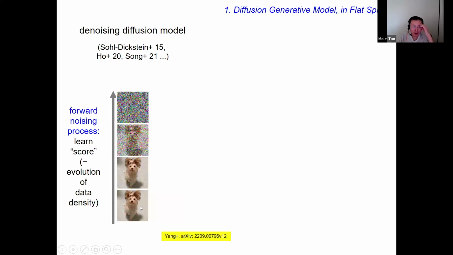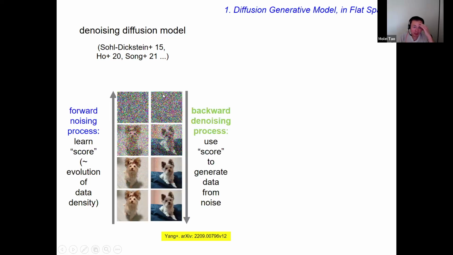What you do is you keep on adding noise to each point in your training data set. Each one will eventually become pure noise. And then you do something radical. You say, oh, let's invert this process. Let's sample from pure noise, which you know how to do, and then you invert the process, and then structure emerges. You may say this is just ridiculous. How can you do that?